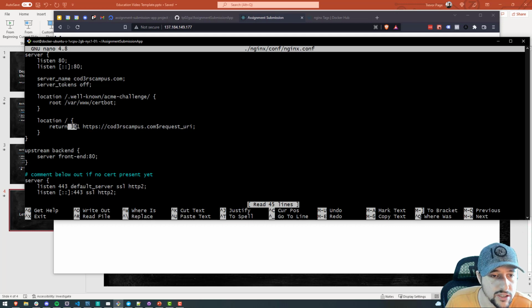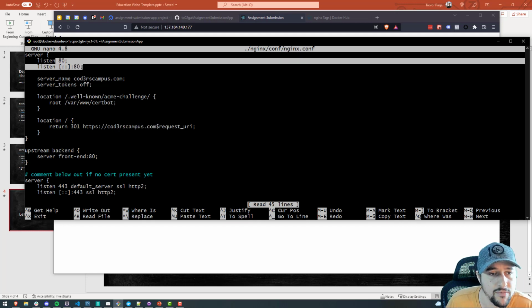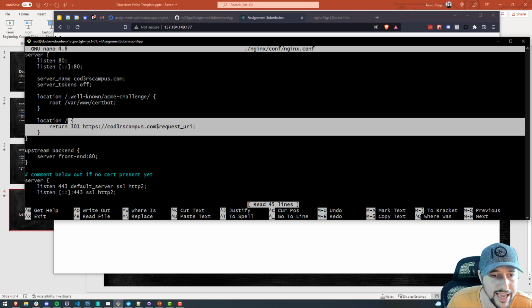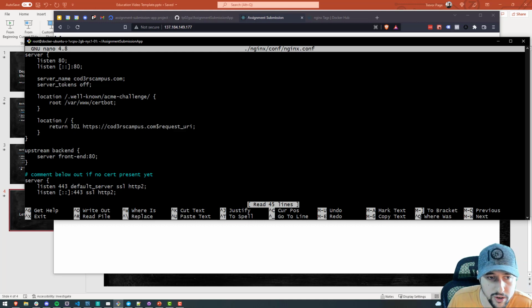It's going to try to redirect a 301 redirect to the HTTPS version of this website. So in other words, it's going to say, hey, we're not a regular old unsecured server. We're going to redirect to the actual secured version of our application. Now, this is not going to work right away because well, we don't have an SSL certificate up and running yet. So really we could, I think we